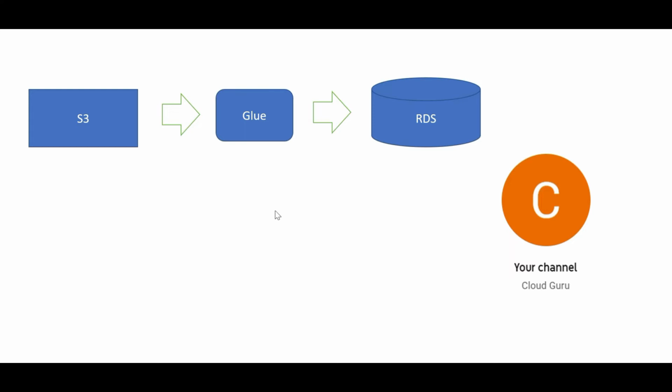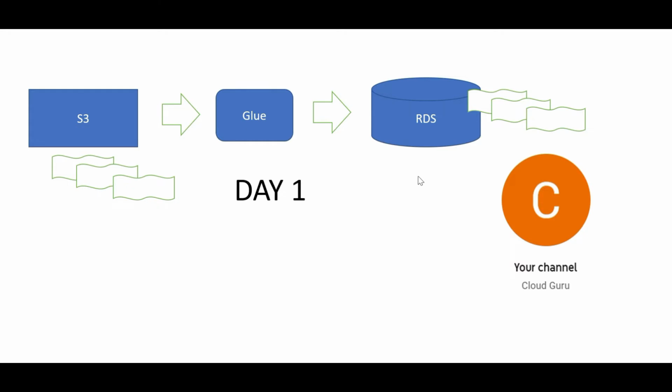Take an example: suppose you have three files on S3. What Glue does is it picks these files, applies whatever transformation is required, and moves them to RDS. So you get three files here, and this is your day one. When you go to production, whatever was there on that day, you have to move it to the database. Done. That's fine. Now that is not the pain point. That is just the first part.